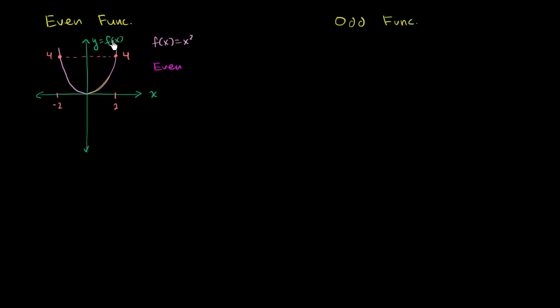And don't get confused between the term even function and the term even number. They're completely different ideas. So there's not at least an obvious connection that I know of between even functions and even numbers, or odd functions and odd numbers. So you're an even function if and only if f of x is equal to f